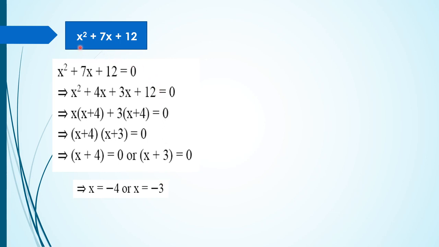Therefore, to find the zeros of the quadratic polynomial, equate the polynomial to 0, factorize the polynomial, and equate the two linear polynomials to 0 separately, you will get the respective two zeros. Here the zeros I got for p of x are minus 4 and minus 3. Here p of x is nothing but the given polynomial. Now we have zeros in our hand. Let's verify the relationship between zeros and coefficients for the quadratic polynomial, whether they are true or not in this case.